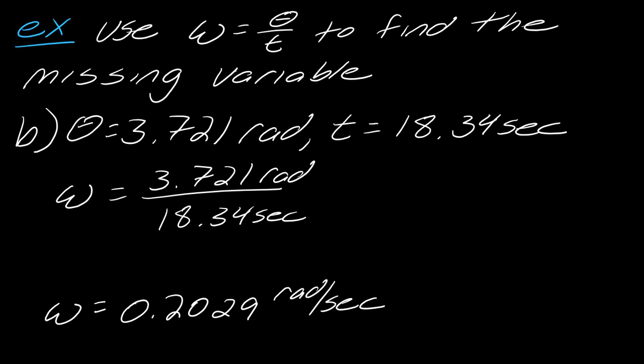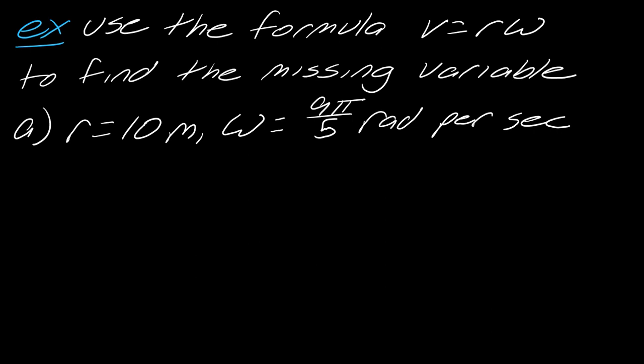Okay, so let's just play around with a few more of these formulas. Let's use V equals R times omega. My R stands for a radius, so that's going to be 10 meters. And then let's say my omega is 9 pi over 5 radians per second. So when I multiply these things together,